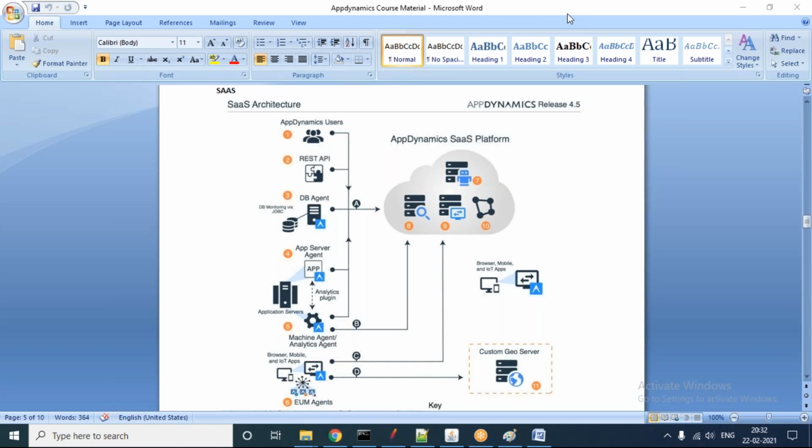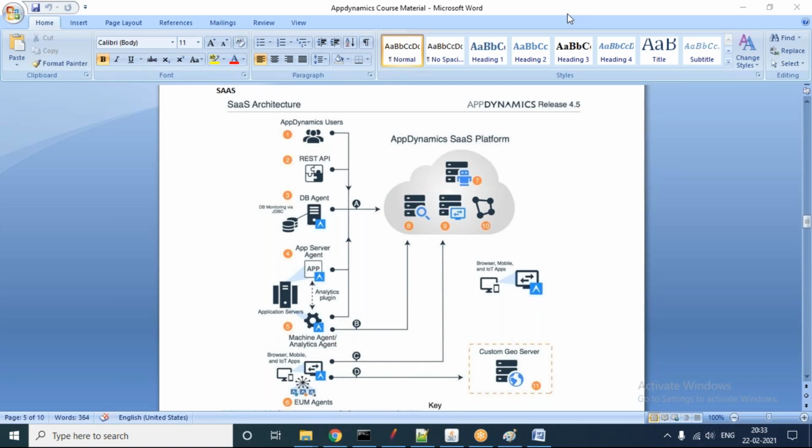Any question, guys? Can we have two agents on one server, like a Dynatrace agent and an AppDynamics agent? Is it possible? Actually, it will not work, Anish.